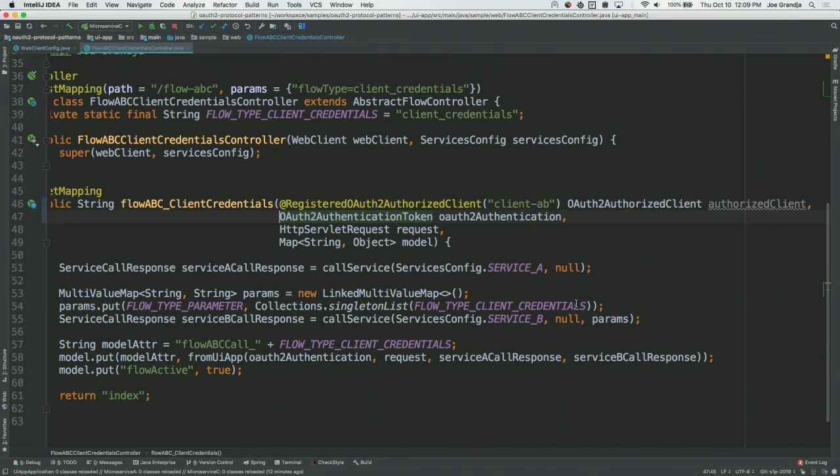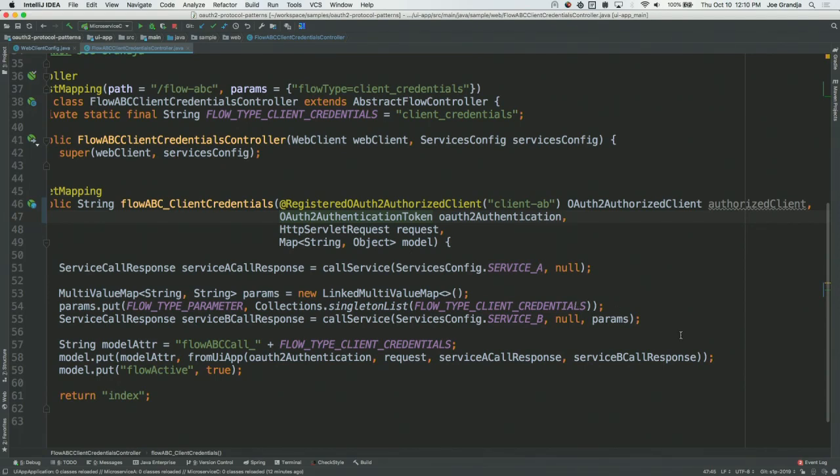So what happens is the authorization code flow kicks in, right? The OAuth dance, some people call it. I go through the flow, I authorize that client with the scopes, and then it comes back to the redirect URI, which is this endpoint, as you saw in my client registration, and then it resolves it. Now I have an authorized client and the access token that was just granted, and now I could use that to pass in, to ultimately set an